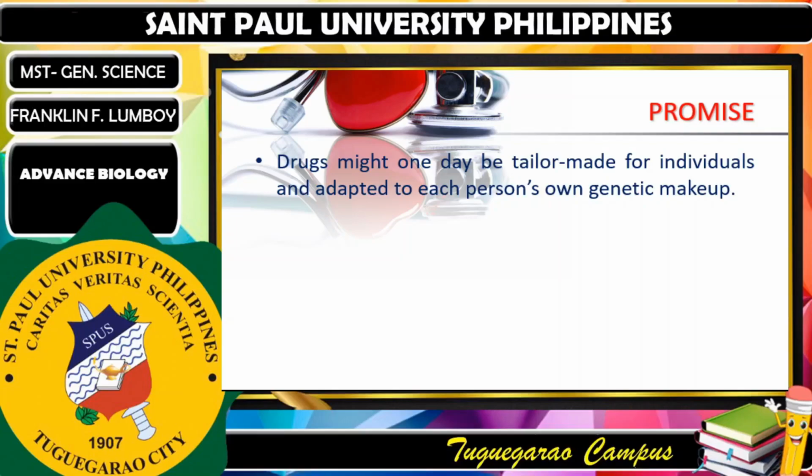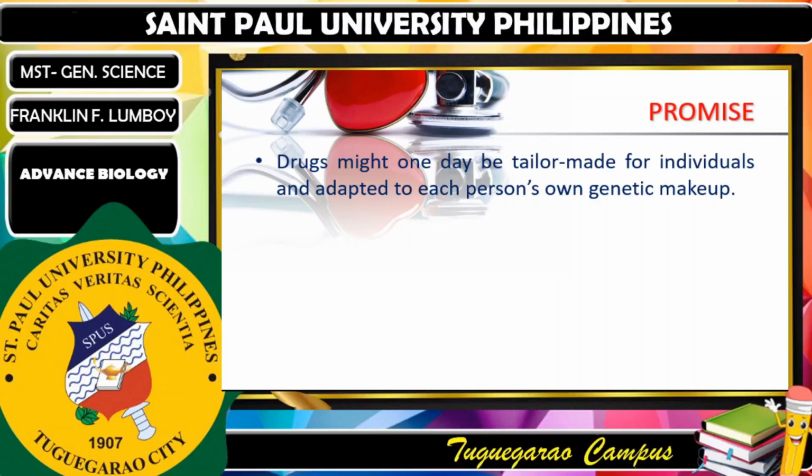So pharmacogenomics eventually can lead to an overall decrease in the cost of healthcare. Because what? Because of decreases in the number of adverse drug reactions, the number of failed drug trials, the time it takes to get a drug approved, the length of time patients are on medication, and the number of medications patients must take to find an effective therapy. And also, last but not the least, the effects of a disease on the body.